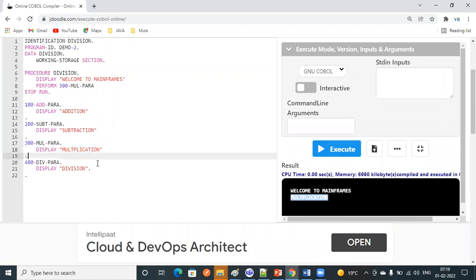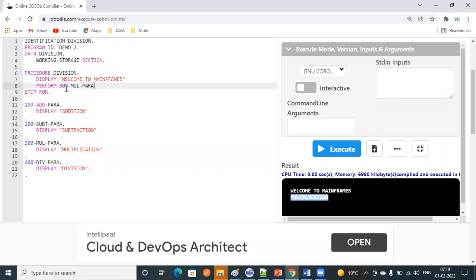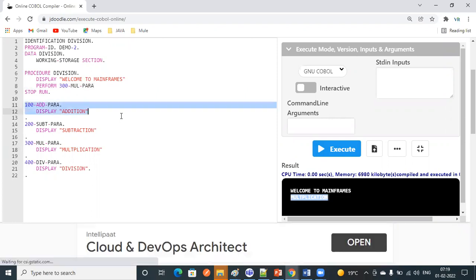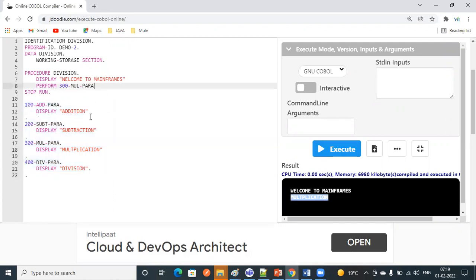This is how we can reformat our code instead of writing everything in a bulk of data, and now we can easily understand where we have written addition logic, where it is subtraction logic, multiplication and division. This one is very easy to understand.